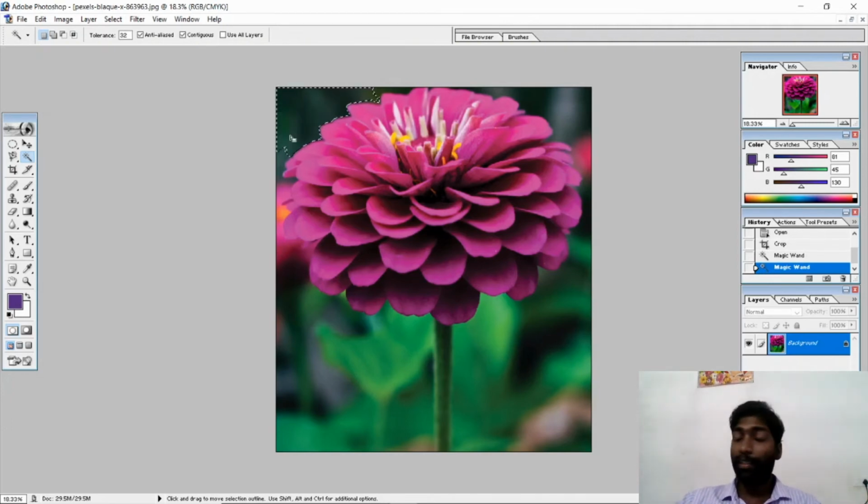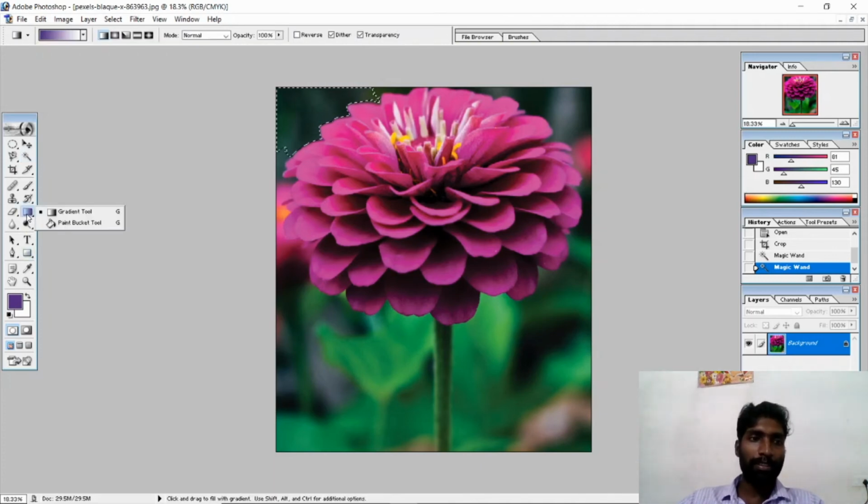In your book they have given a few options. Now our portion is going to be over. Kindly see, in your book they have given the gradient tool and paint bucket tool. While selecting an object, you know well, you can use any marquee or lasso as you wish, as your need. Now I selected this much area. Here this is the gradient tool.